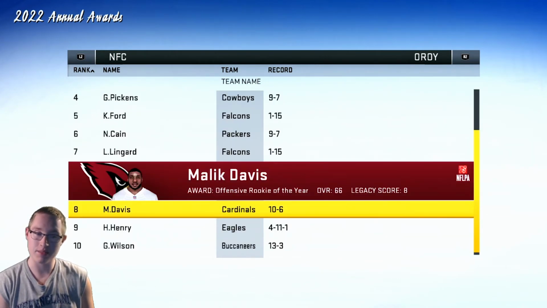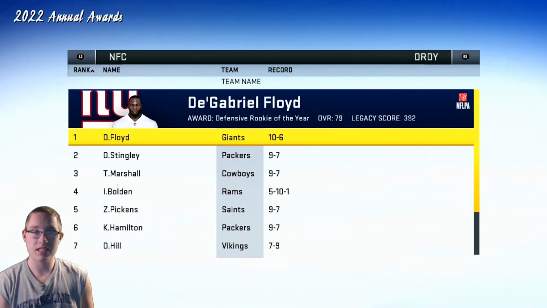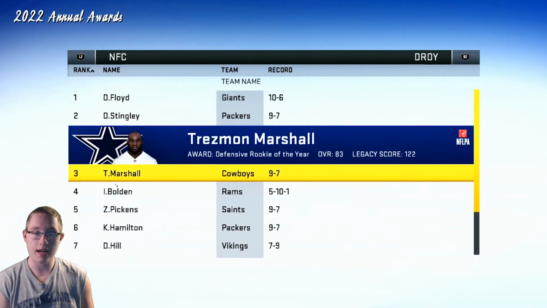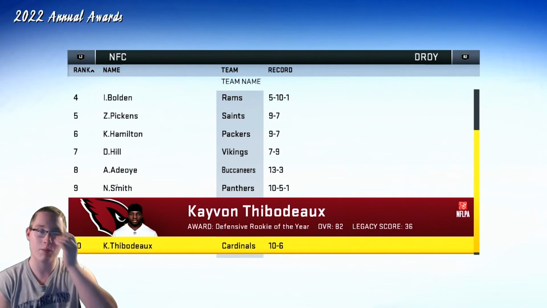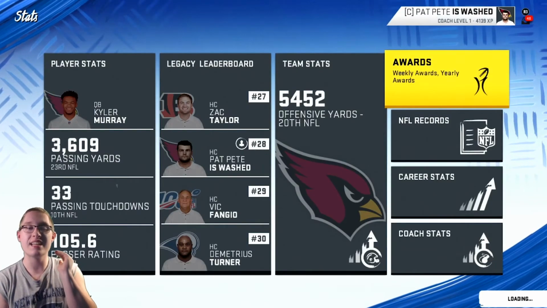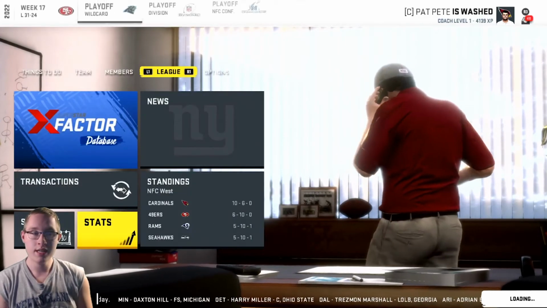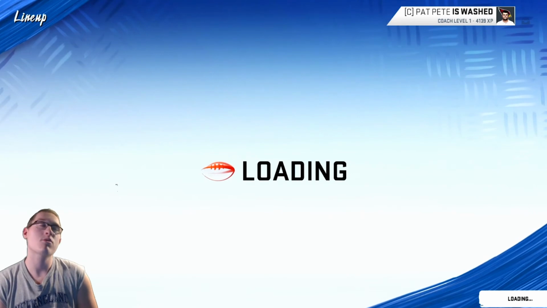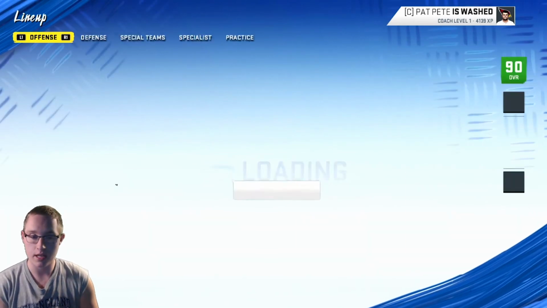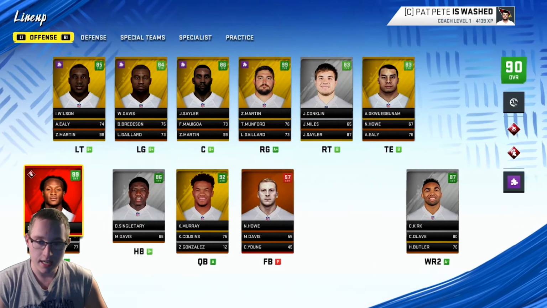As Malik Davis comes in at number 8. That's interesting. Defensive Rookie of the Year goes to DeGabriel Floyd on the Giants. And actually, we do get Kayvon Thibodeau coming in at number 10. We actually didn't even look at his development traits. So, fingers crossed that this is a good trait. Give me a superstar X Factor, please. Give me something here. And he is sitting...